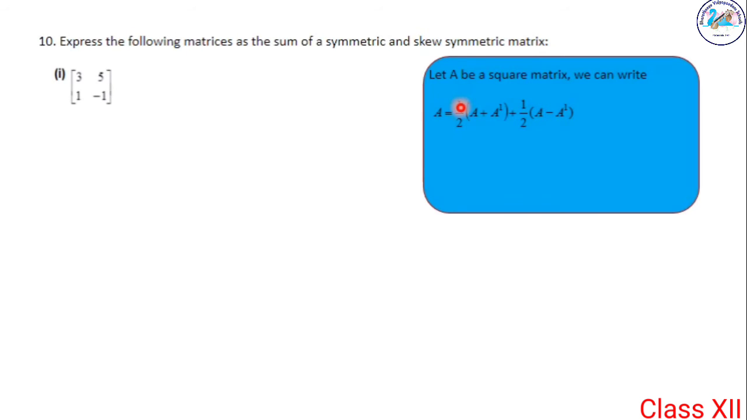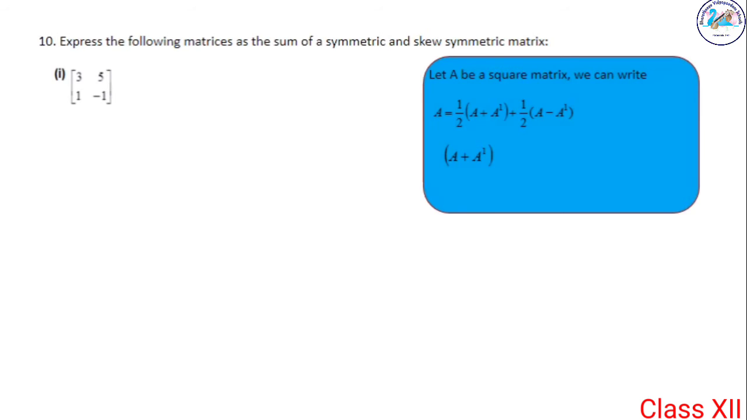So 1 by 2 A transpose and minus 1 by 2 A transpose will be cancelled. Finally, you will get 1 by 2 into A plus 1 by 2 into A. So half of A plus half of A, that is A. So here in the previous question, when you check the previous question, that is question number 9, we have calculated